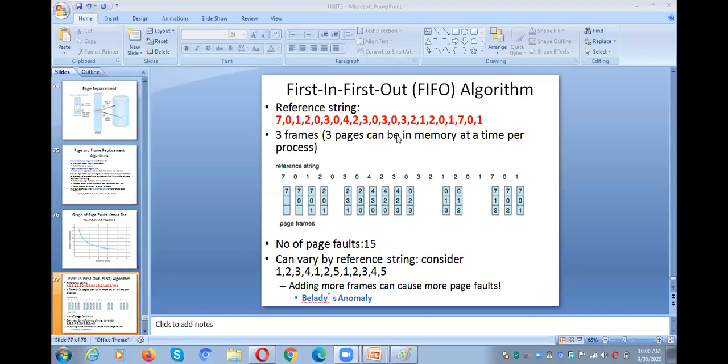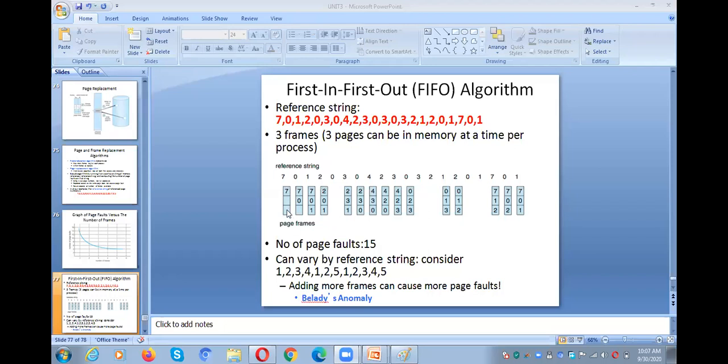So how many frames are available in the main memory? Only 3 frames. That means 3 pages can be in main memory at a time for a process. That means for one process, only 3 frames are available. Initially we start with the first value in the reference string, that is 7. 7 is not in the main memory.